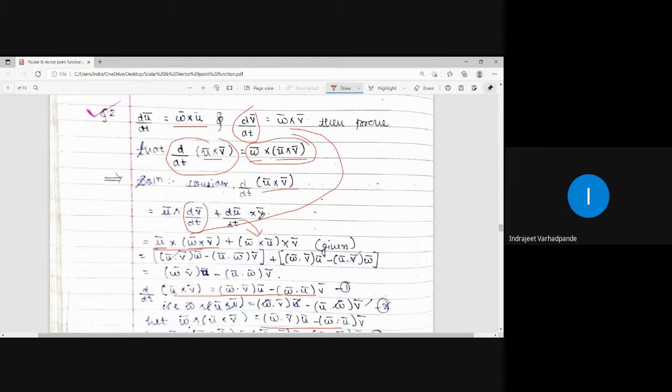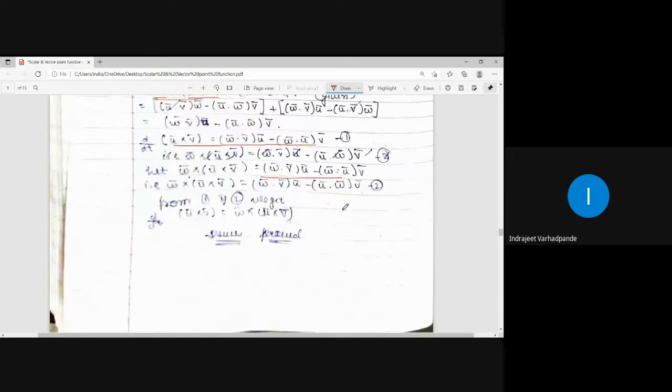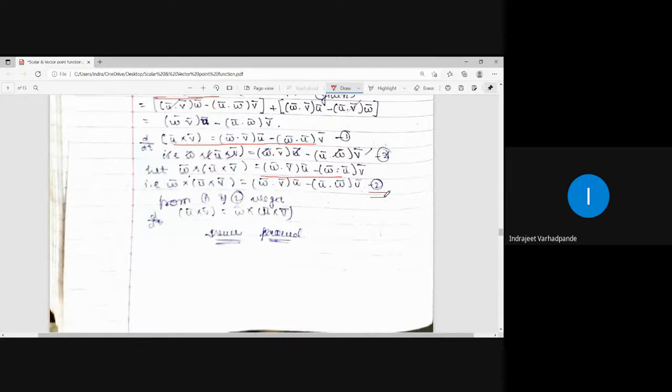Now consider the RHS of the given result, what we have to show. The RHS is nothing but w cross u cross v. Again expand them using the expansion formulae, simplify them, term it as equation number 2. From equation 1 and 2 we get d by dt of u cross v is equal to w cross u cross v, and that is how we will be able to see in between wherever it is omega or w